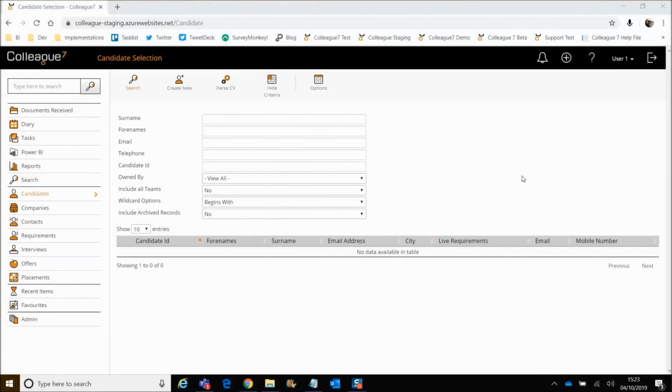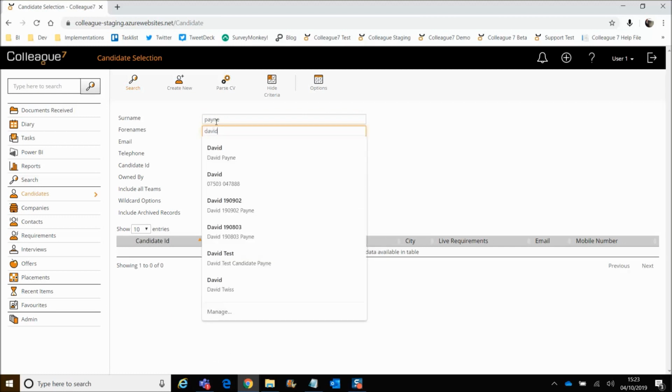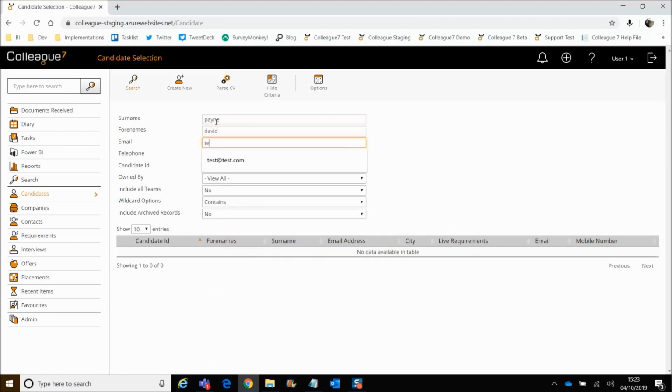The next point to cover, and it's a fairly minor update, is in relation to these selection screens. This is for candidates, company and contact. Whenever you're doing a selection screen search, if you enter some search criteria which results in you not finding a record,